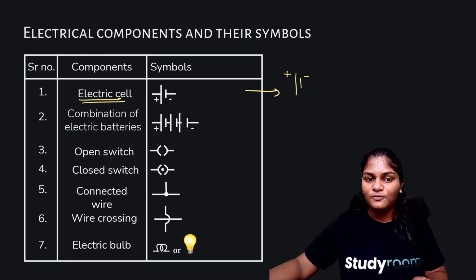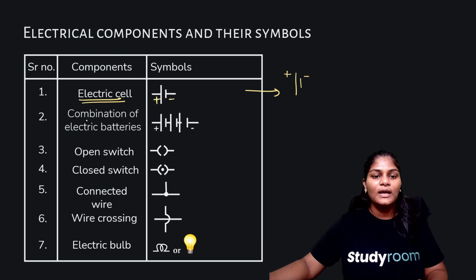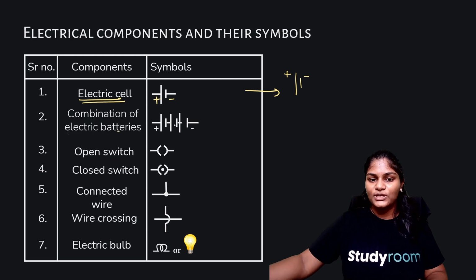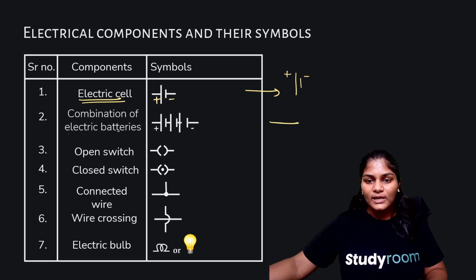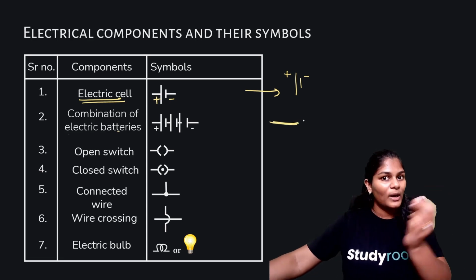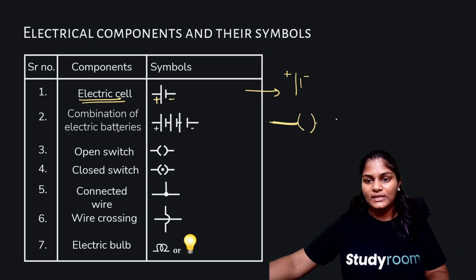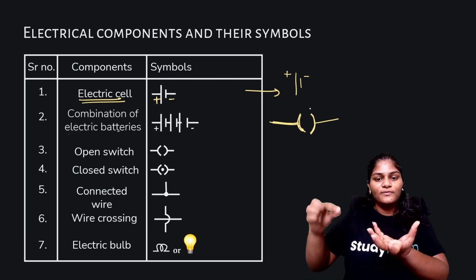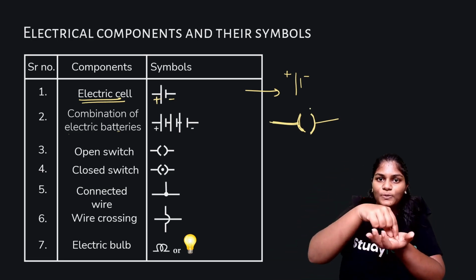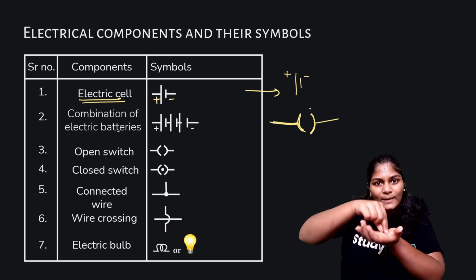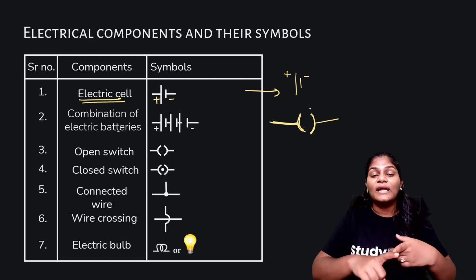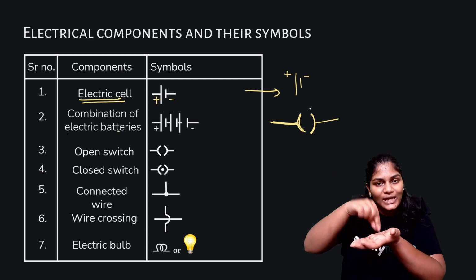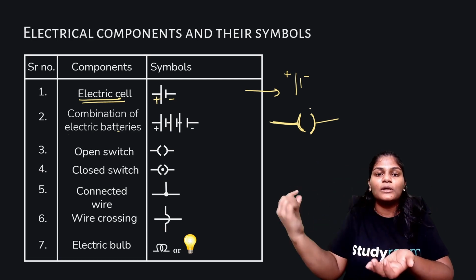Okay, so we know this is the symbol for an electric cell, positive terminal and negative terminal. Now this combination of electric batteries is shown like this, like I told you. Then an open switch. Now this line represents one part of the conductor. Then this is what represents a switch. The switch is basically a component in which you insert another component and the circuit becomes completed. So when that piece is taken out, the circuit is broken. And you know, for current to flow, the circuit has to be closed and continuous. So if you take out that piece, it's almost like you're taking out a piece from the circuit.